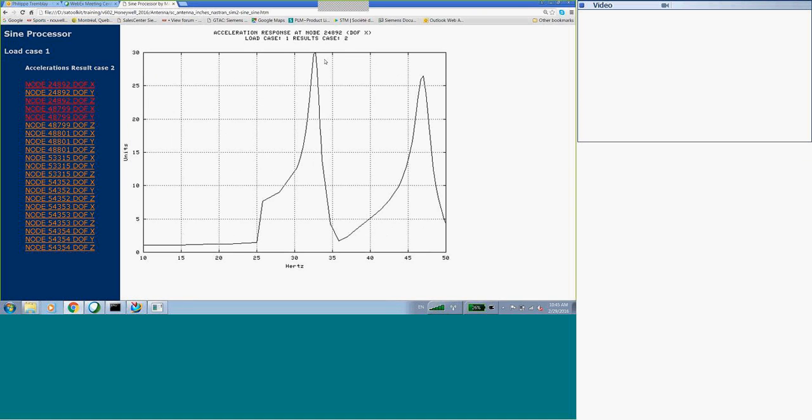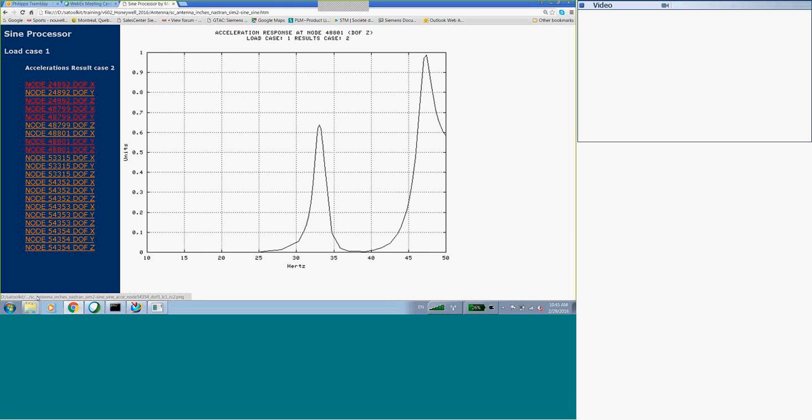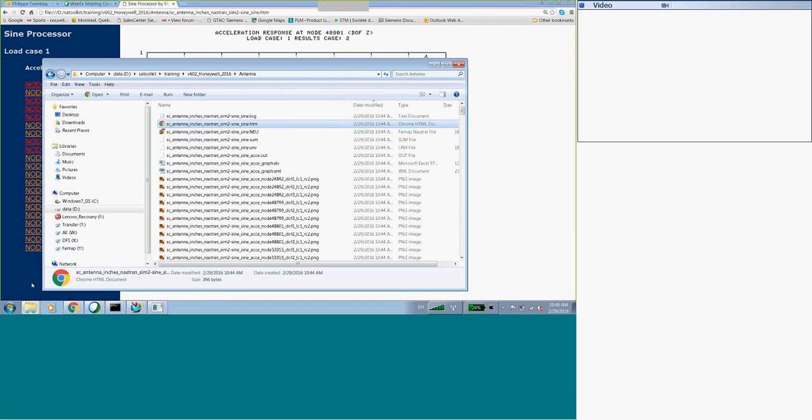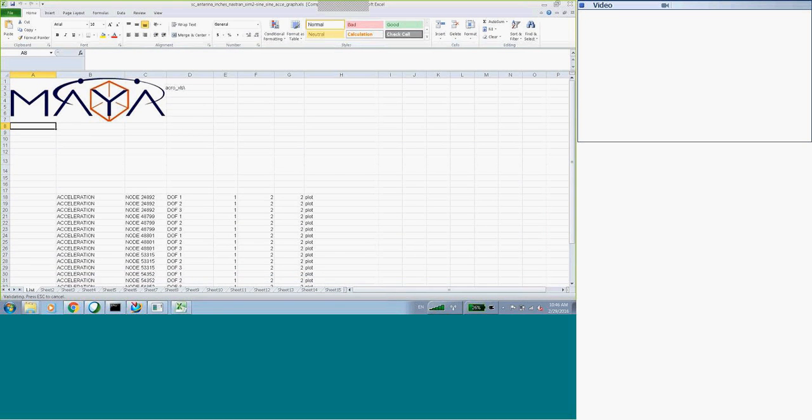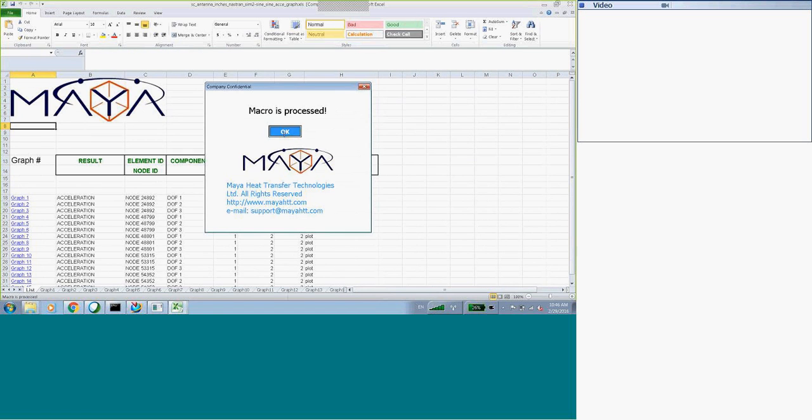I used a factor of 386, so that is the scale. I also have plots to go to Excel, so I have this result here called acceleration graph and macros.